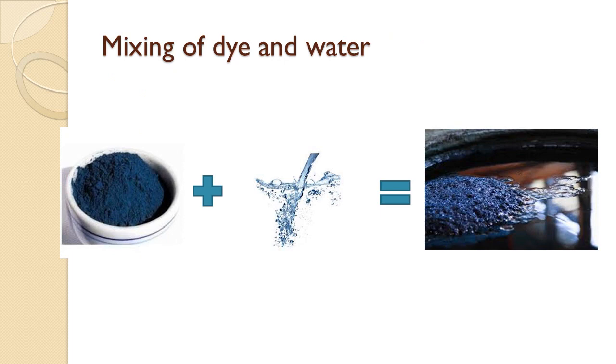Now see here, this is how the mixing of dye and water will be done. So here you are observing that all of a sudden the dye does not get mixed. We can imagine the mechanism. If you are taking water and mixing it to dye or some powder, then immediately it will not get dissolved or dispersed everywhere. It will get converted into lump form, and then stirring will help in getting a proper homogeneous mixture of that particular agent. So in case of dye also, this lump formation will be there, that we need to avoid.